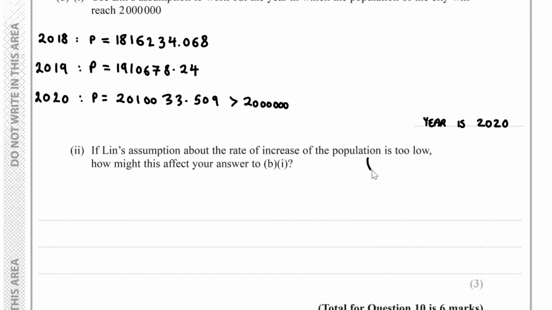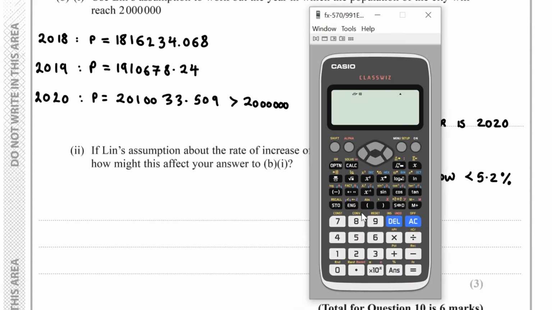So what we're saying here is the rate is now less than 5.2%. So what's the effect of this on this answer? Well, if we decrease that,